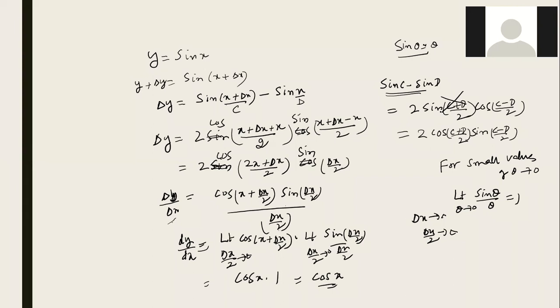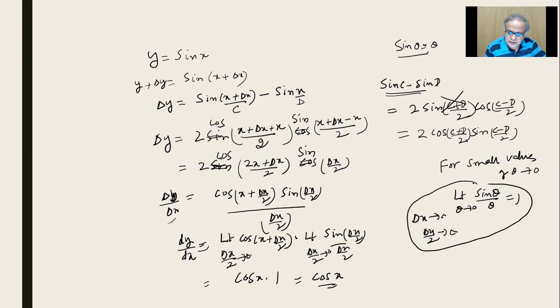Sir, I didn't understand how cos x into 1 came. Look, actually the step, the space is not there. I told you to listen to my words. I put delta x by 2 as 0 here. Here I did not put it because I've given you this support here. So this is sine theta by theta as theta tends to 0. All this becomes 1. This becomes cos x because this delta x by 2 is 0 here. Once you apply delta x by 2 as 0, you will not write the limit.